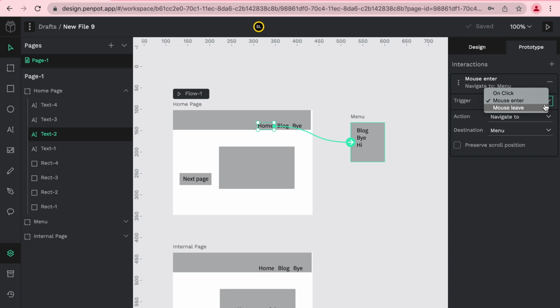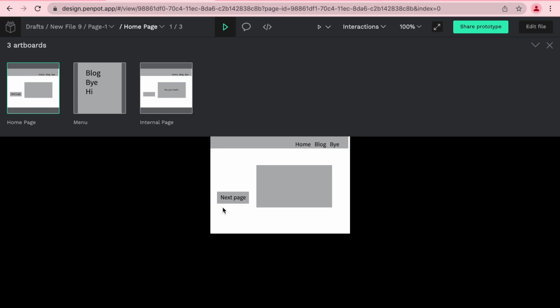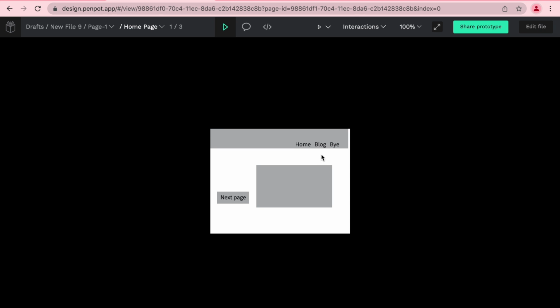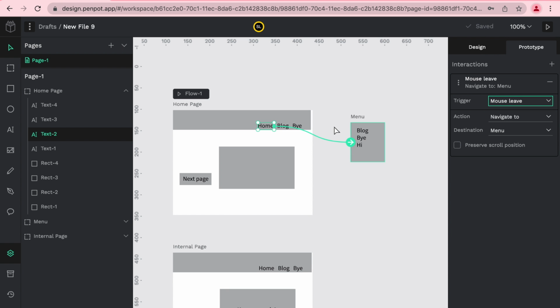So, and then mouse leave must be when I select and then leave, or not select, but hover and leave. So let's try that. I'm going to refresh again. Let's go back to that home page, and that's exactly what it was. This is also not what I want this to do, so I'm going to go back to on-click and I'm going to do,